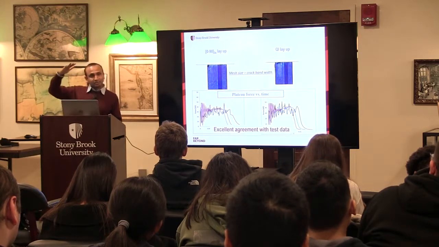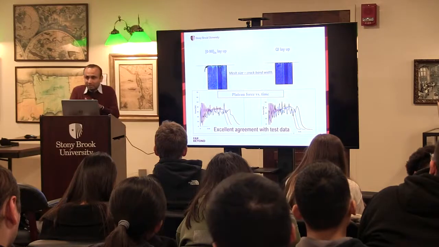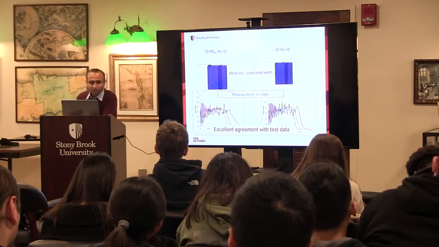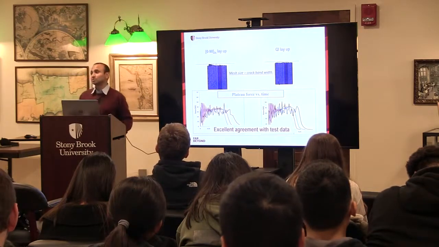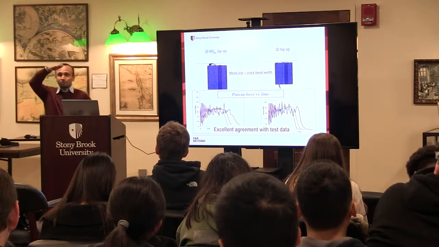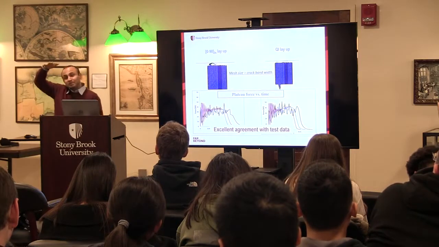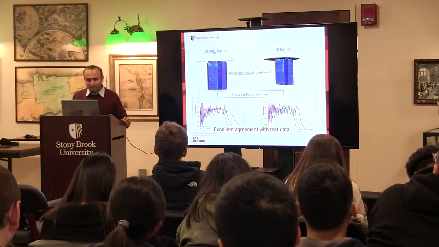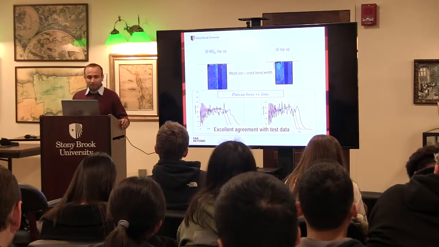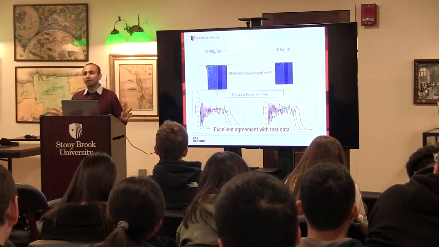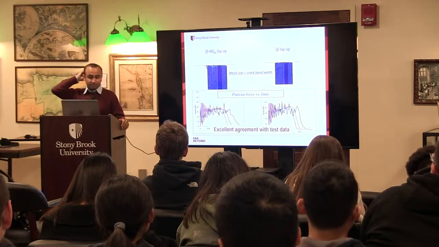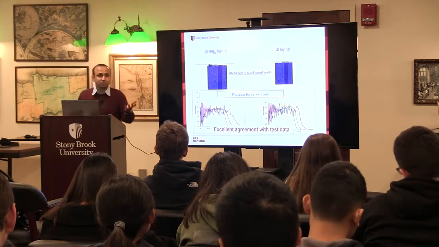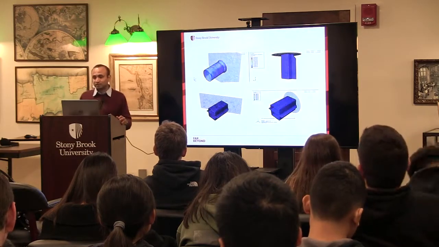As it crushes, the crush can resists the crushing through a force, and that force is plotted on the bottom, force versus time. This is the parameter which car companies are interested in. They want this force to be one stable, constant value, which means the resistance to crushing is there throughout the crush. You can see that there are fluctuations, of course, but the model agrees very well with the measurements. And with this validation of the model, you can then use it to analyze many different cases.